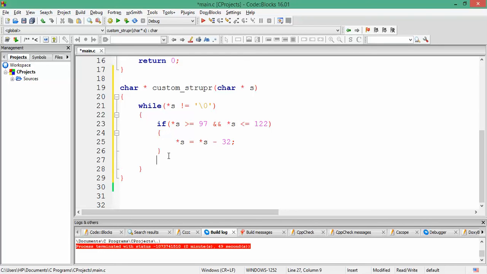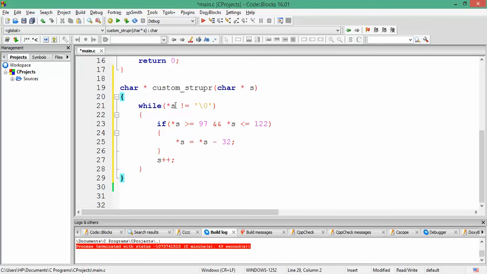Fine. And after this we need to increment the pointer, and this loop would go on till s starts pointing to the null character. For each of the characters this condition would be checked, and if it is satisfied, the statement would be executed, and then the pointer would be incremented.